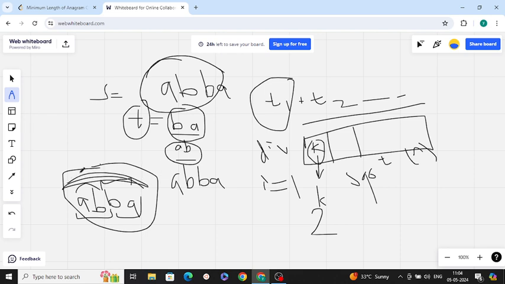If these two maps are equal, it means we are able to form this string, right? So we simply return that divisor, that is k, if both the maps are equal. We'll be calculating it for the other strings as well, because let's say more strings are present, like CD or something. We'll be calculating the frequency of it.